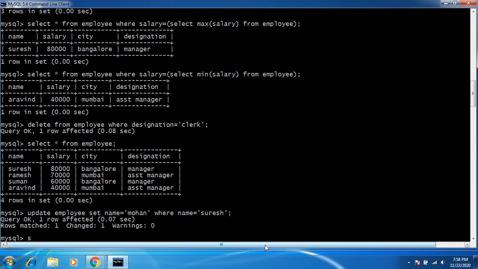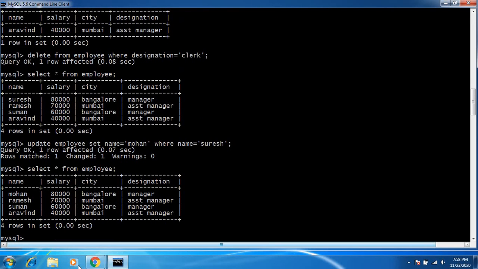So what happens? You can just check it over here. Select star from employee. Now you can see here instead of Suresh, it is updated to Mohan.